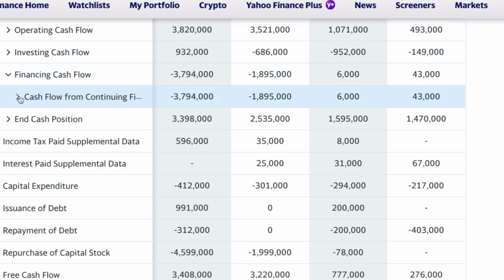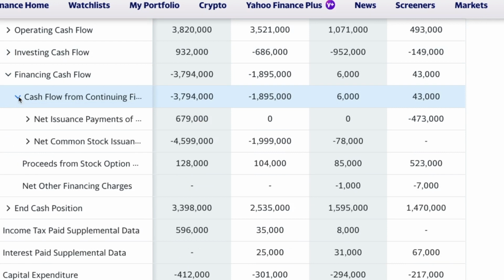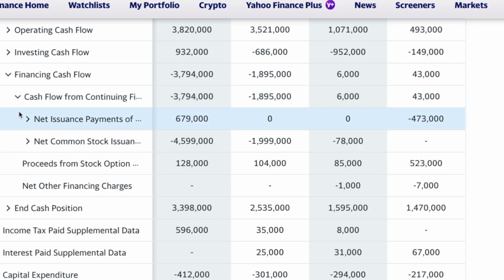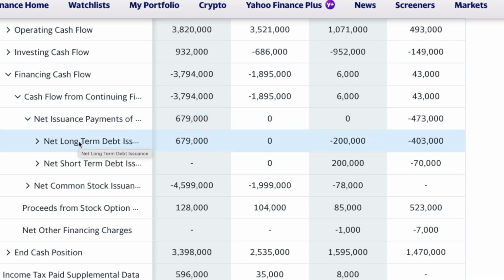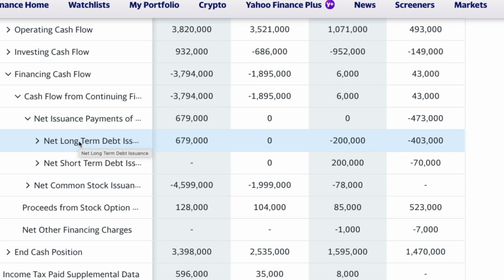Last but very important is the financing cash flow, and this part tells you if they have taken a new loan and how the company is spending their cash. Here we can see that the company has a net long-term debt issuance. The company has taken $679 million of long-term debt, which